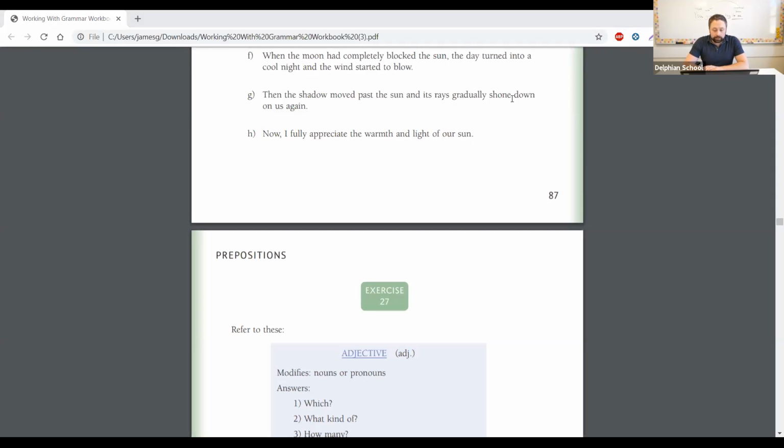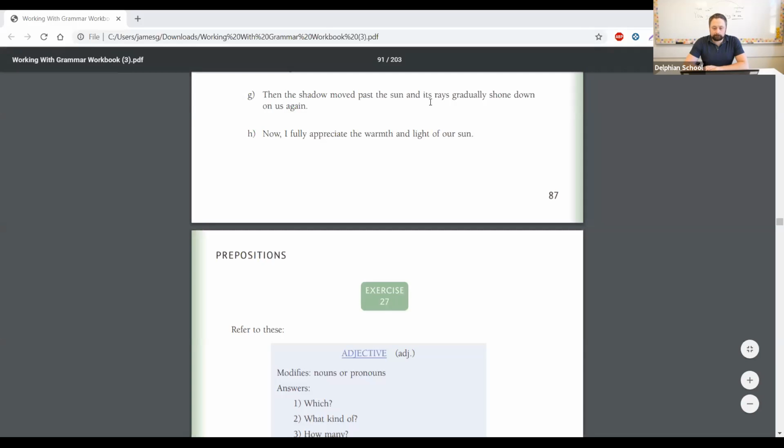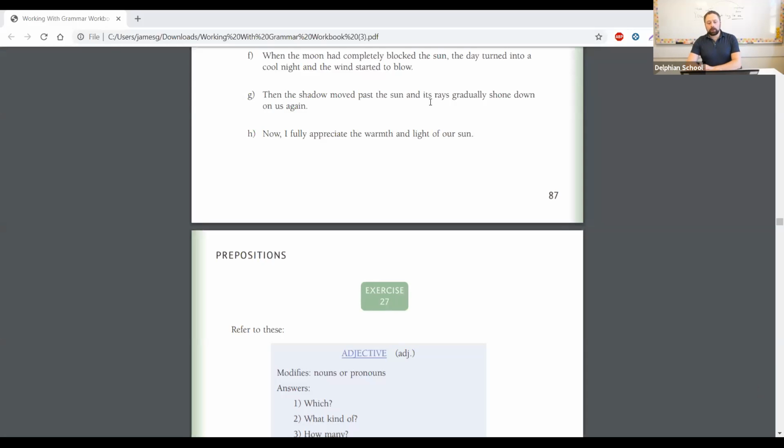All right, so Nate says, past the sun is a prepositional phrase. You are correct. Let's see what else we have. All right, so another viewer says, down on us. See, that's the part, you're pretty close. But that's where it gets a little bit trickier. Down here in this sentence,